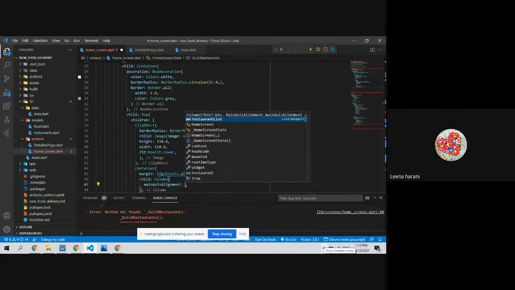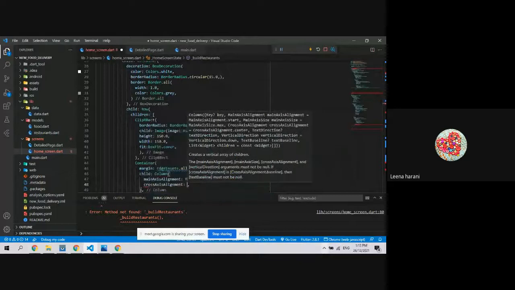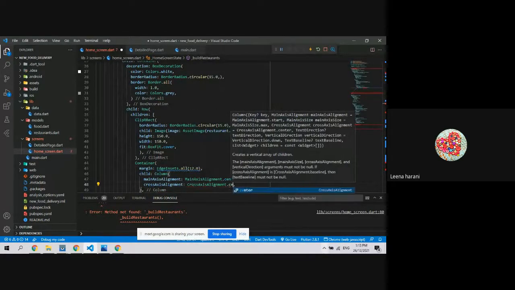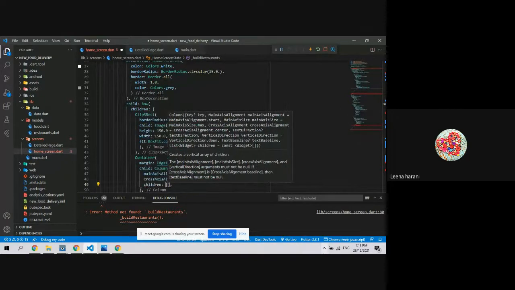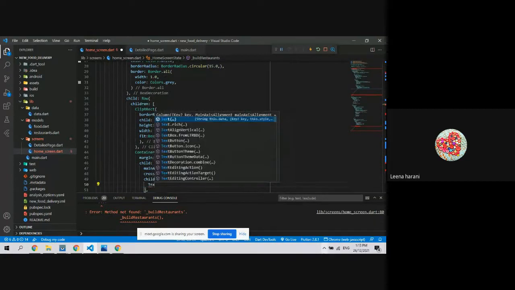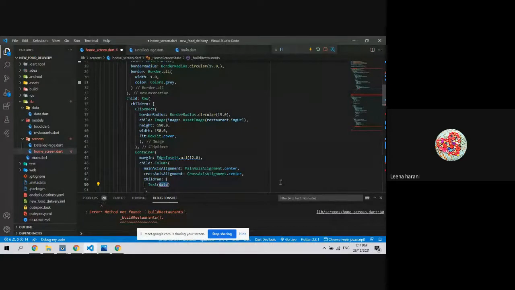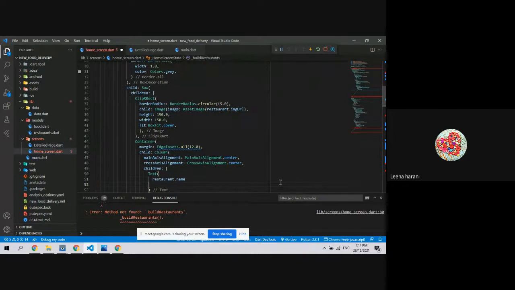Let's say main axis alignment dot center. Cross axis is also center here. Cross axis alignment dot center. Complete this with children's different text fields. We need three text fields: restaurant name, rating, and address. So we can say here restaurant dot name of the restaurant, and we can style it,